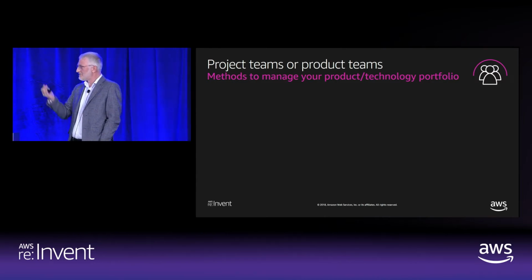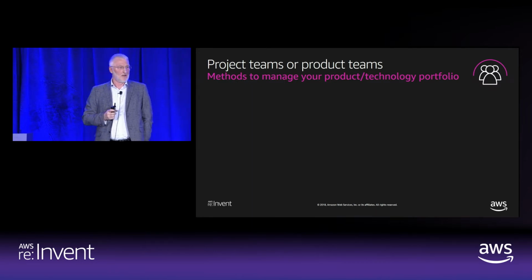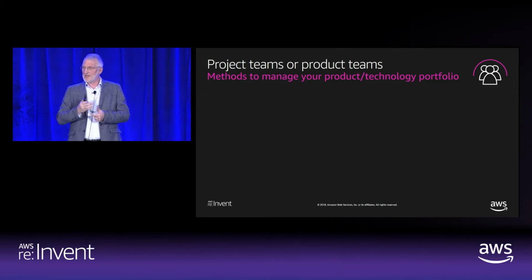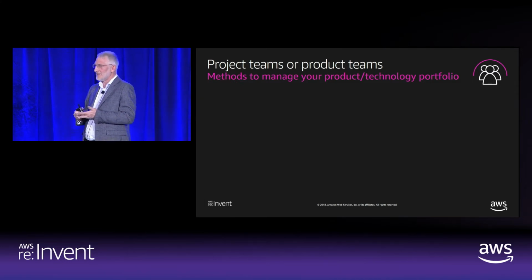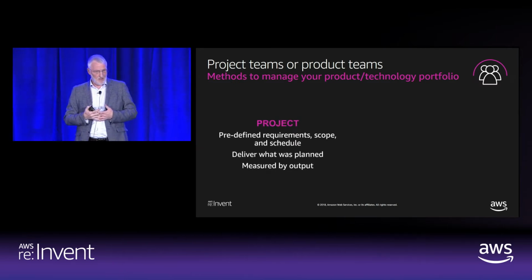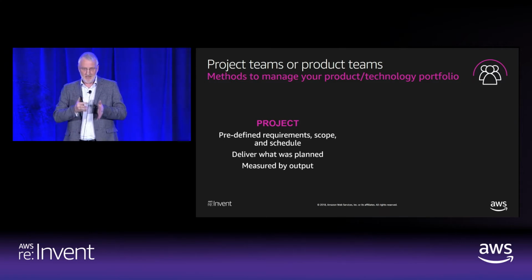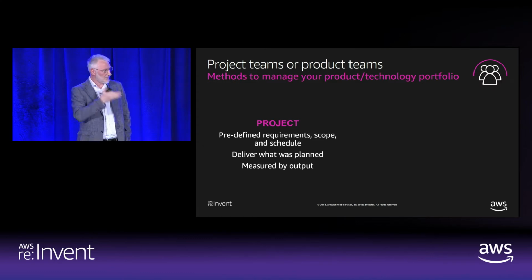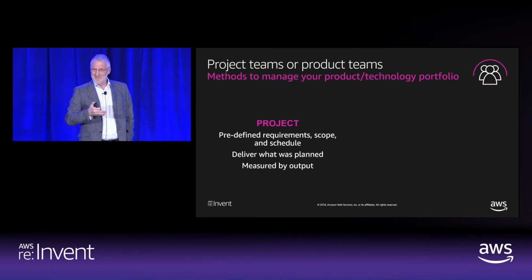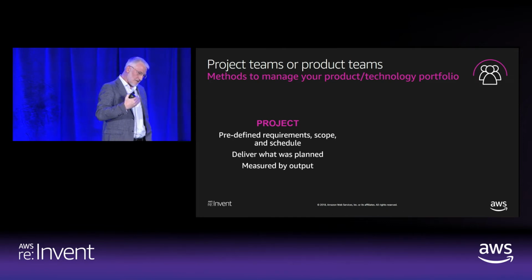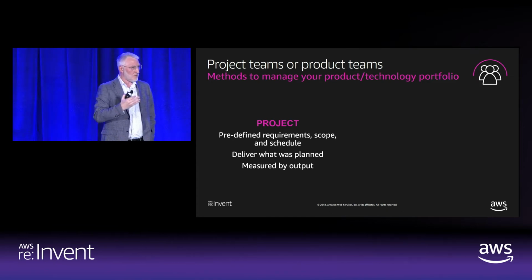So traditionally, and I've been doing this for 25 years or so, we have large project teams that we put together, and the project has a beginning, it has an end, it has a scope, it has a budget, it has a delivery date. And we focus on making sure that we hit that delivery date. It may not be the right thing for the customer, but we're going to hit that date, or we're going to stay within budget. And it's never both, right? It's always one or the other. And this older way of thinking, this aligns well with waterfall, is not really optimal anymore.